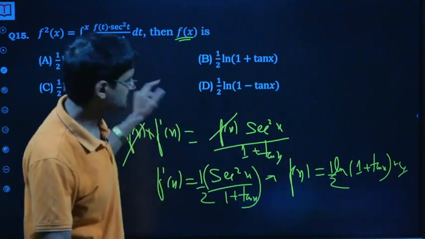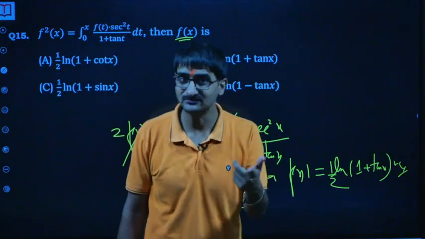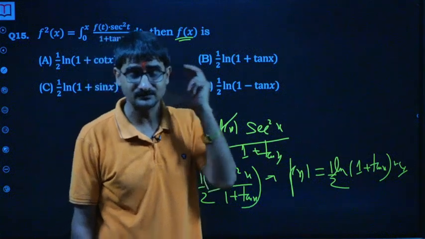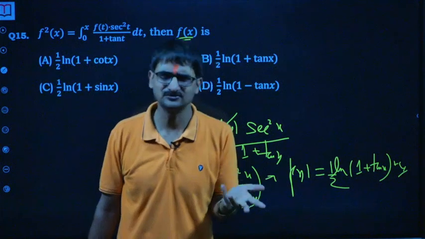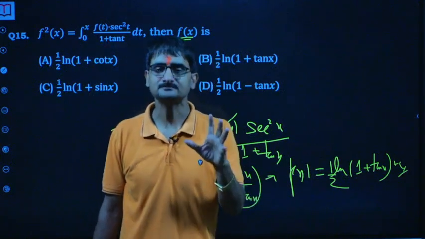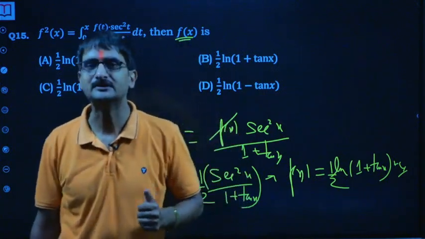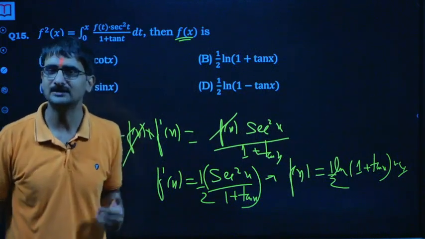In this question I still remember that one question I left out, and one question we didn't get the answer to. I solved it in the class for my students, and I got something like 5 times (1 plus ln2) or (1 minus ln2), something like that. But this time it didn't match, so the answer might be none of these. So that is one thing we have to verify. I will suggest you all to verify it and let me know in the comment box.